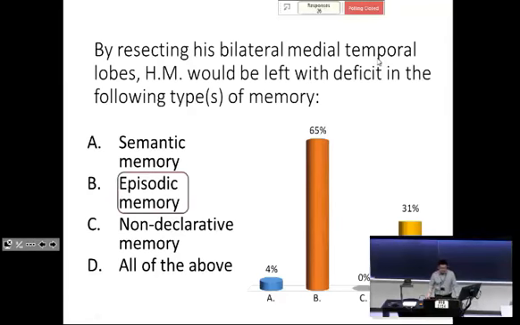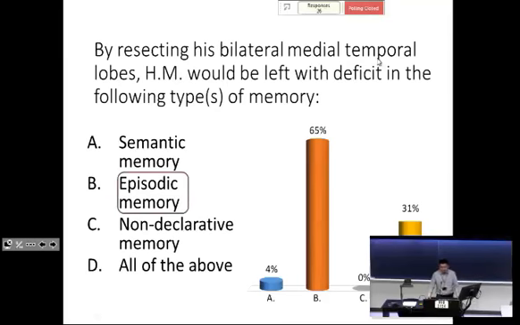So how this relates to an individual is someone who has an episodic memory deficit will, for instance, remember perhaps that they're married. They may even remember where they were married. They may even remember the date they were married. They won't remember whether they liked the cake. They won't remember how they felt. They won't remember their motivations or any of the actual nuance and context to that experience. So that's what episodic memory is.